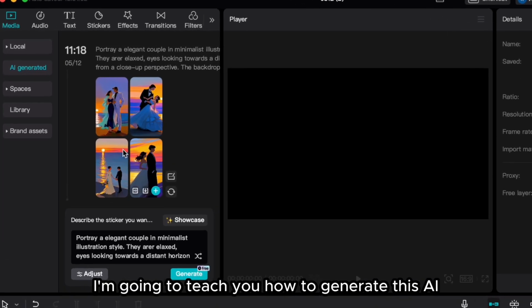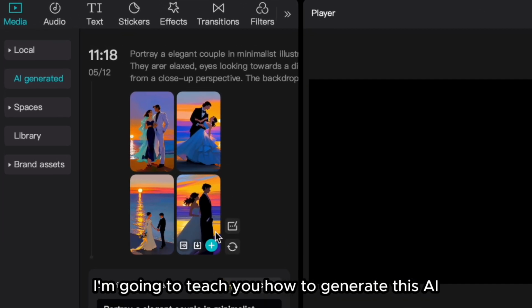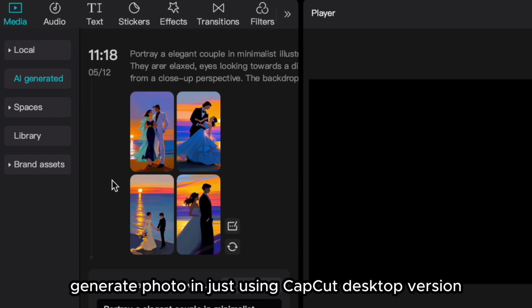In this video, I'm going to teach you how to generate this AI generated photo in just using CapCut Desktop